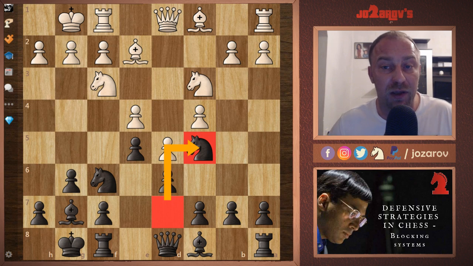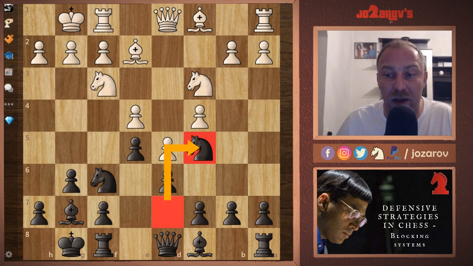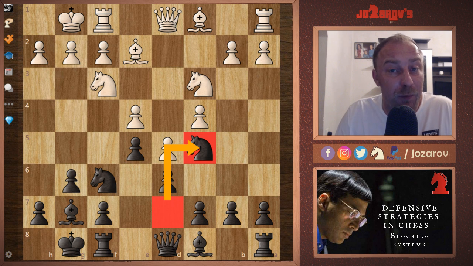Here we have a game between Liu Lu against Saviely Golubov, Saviely Golubov here with the black pieces. All of this game that I'm using in this video will be in the description below. You can analyze maybe the whole games, but here we talk only about this blocking systems. Here we have a Peterson variation of the King's Indian, and